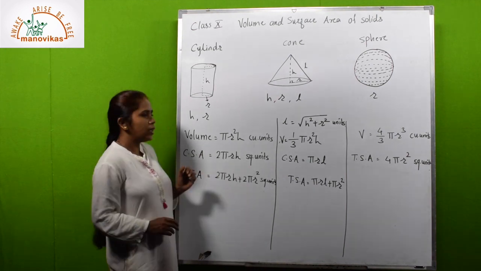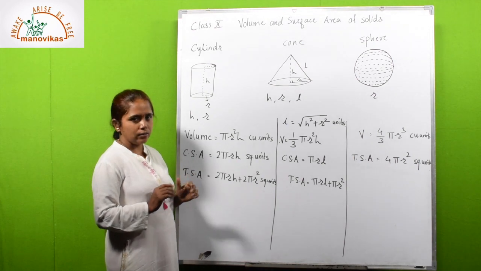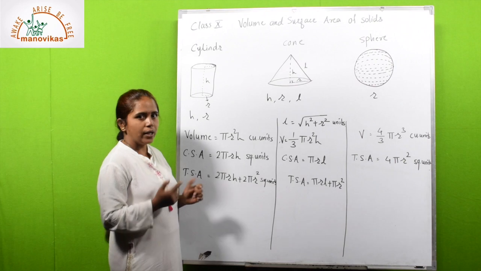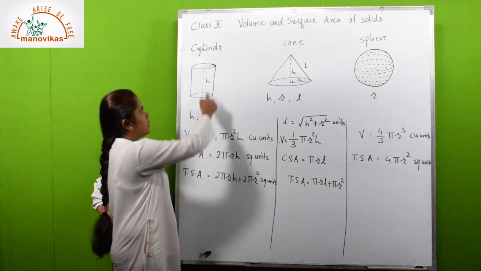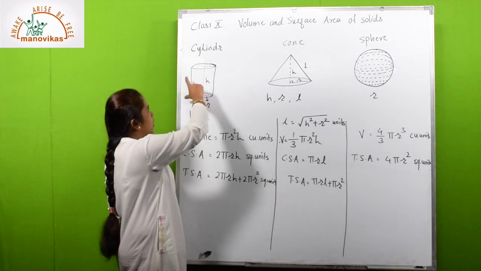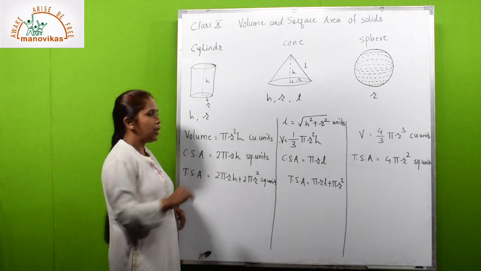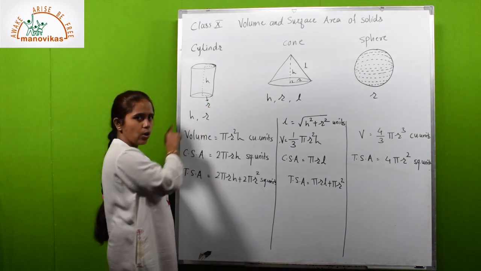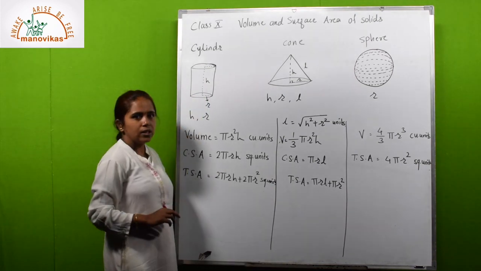Now cylinder, it is when we rotate the rectangle along the length or the breadth, you get the cylindrical shape. Now for that, the base or top of the cylinder is circular shape, and this part will be rectangular if you open the cylindrical shape. Then here there are two dimensions. One is the radius, which is called the base radius, and another is the height of the cylinder.